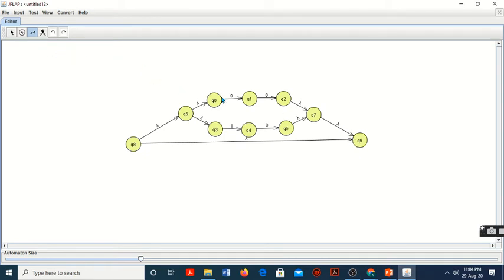Then, in order to represent many repetitions of the regular expression, we have to connect a back loop from the last state of (00 or 10) to the first state of the given regular expression,